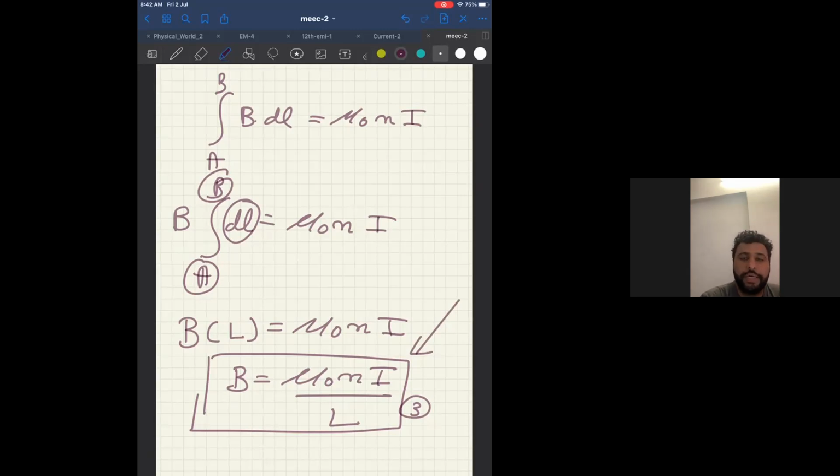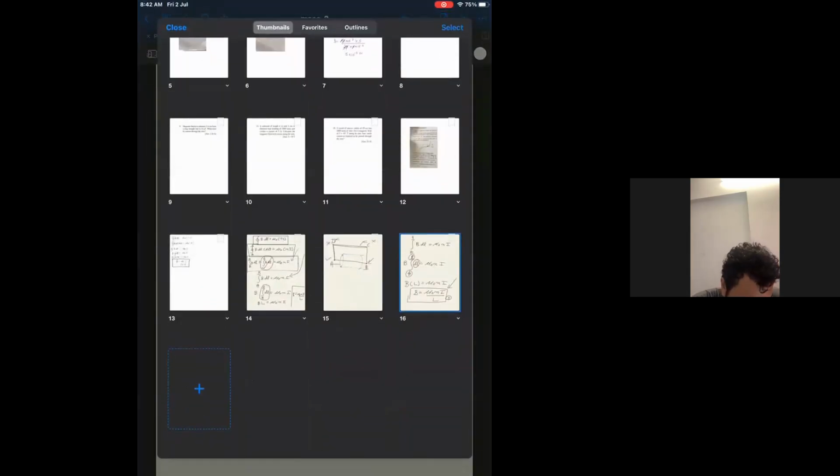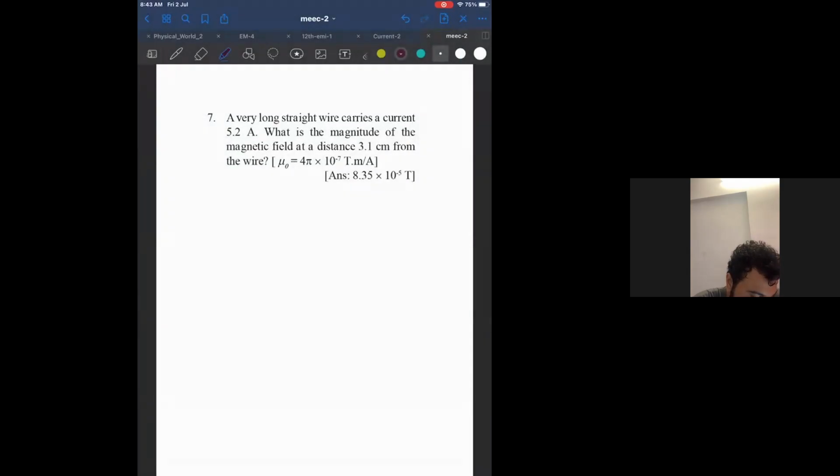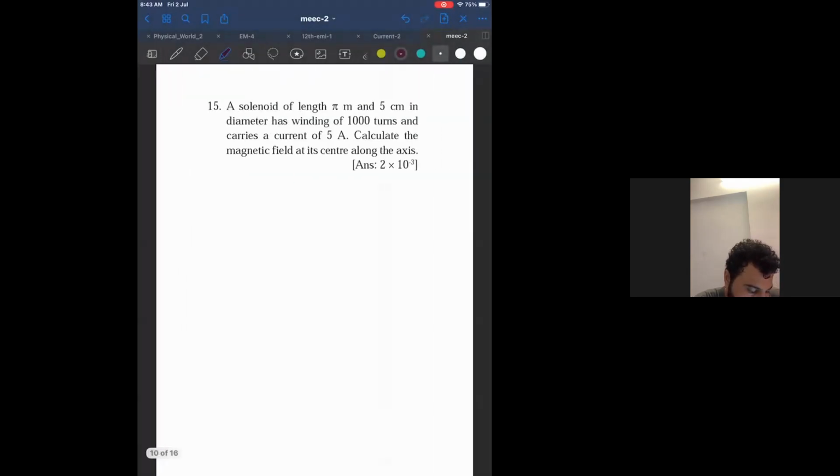So how many formulae did you study? Three. Listen to me, three formulae. First formula is Ampere's law itself: closed integration of B dl is equal to mu naught times total current. What is our second formula? Second formula is of a current carrying conductor: mu naught I by 2 pi r. Correct? Third one is the magnetic induction of a solenoid. What is it? Mu naught Ni by L. So the problem that we will do is the next problem. Start.